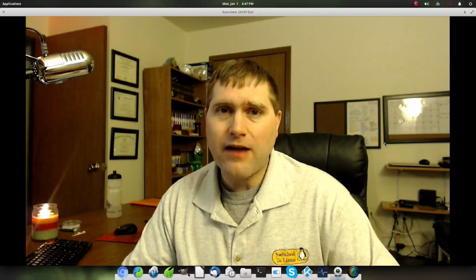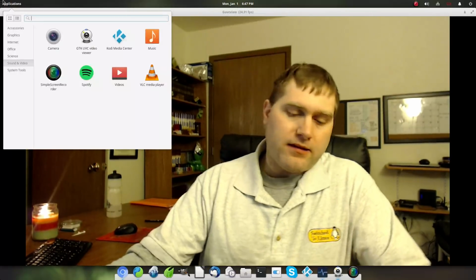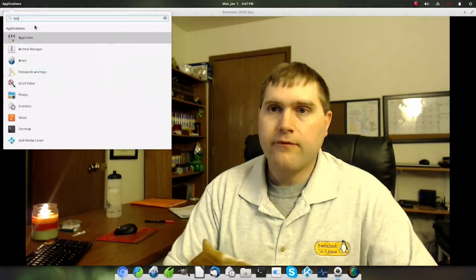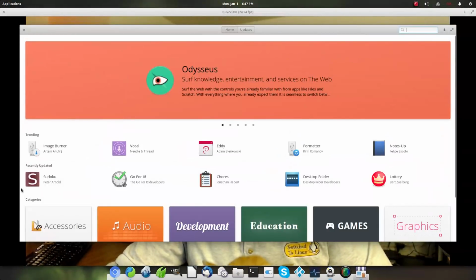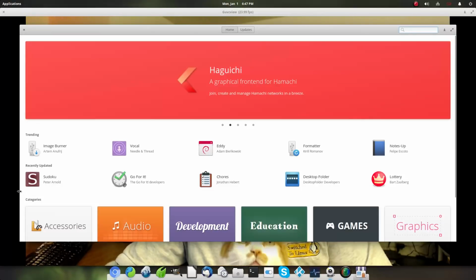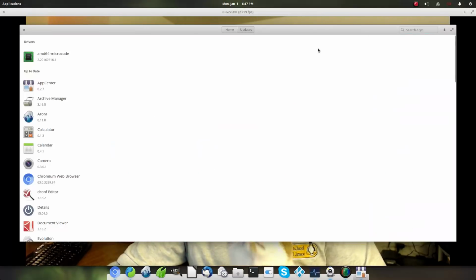Now, those of us that know how to do this stuff, getting into the terminal, doing updates, installing software is generally the way we prefer to do it. But on this one, I went into the App Center, and that's another thing I kept having a problem with: if you move your mouse over to the middle, it gets rid of your guy there. All right, so basically I'd come over here into the App Center, and the thing kept crashing on me.